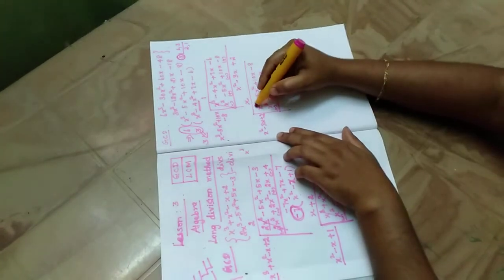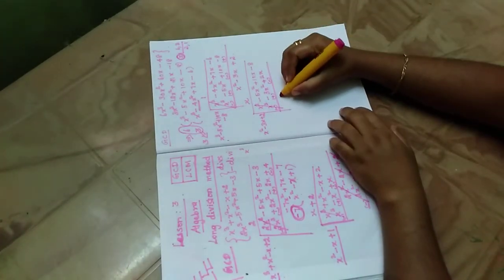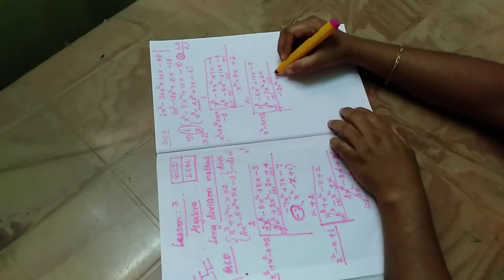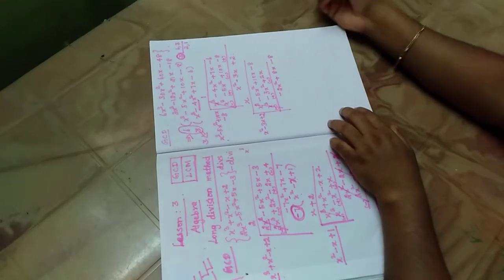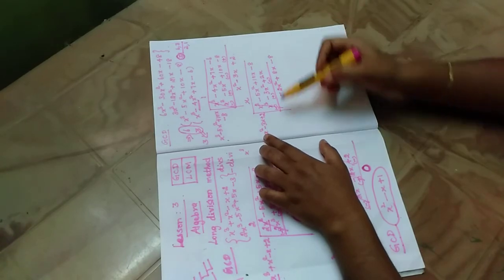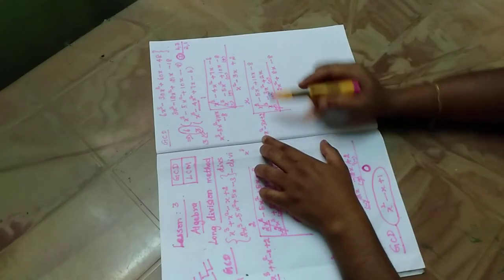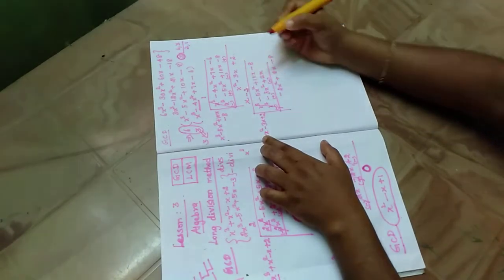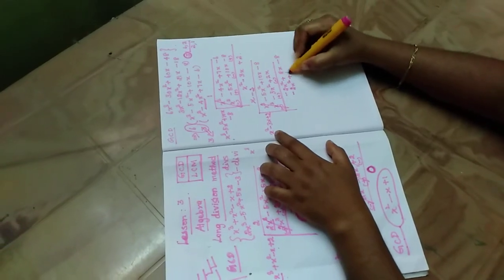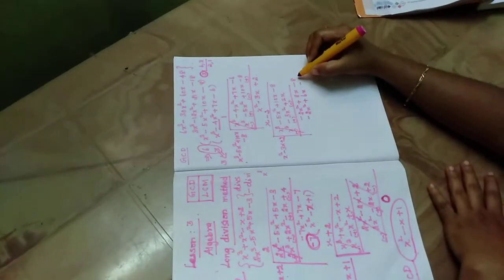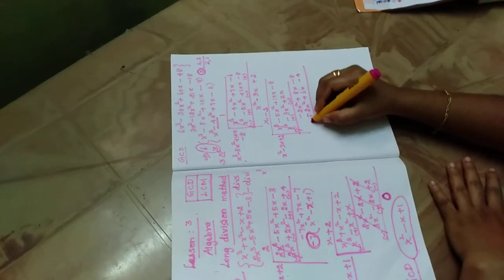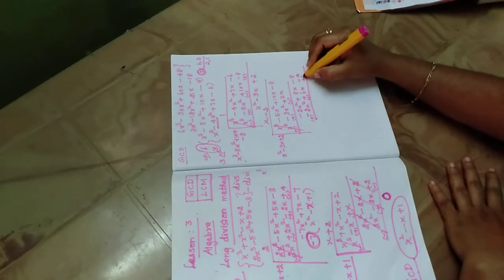Now what will you get? So minus 2x square, minus 2x square plus 8x minus 8. Now we again check whether it is possible. So here x square, by multiplying with what will it change into minus 2x square? Yes, you multiply with minus 2, and check it. So minus 2x square plus 6x minus 4. Change the symbols: plus, minus and plus.